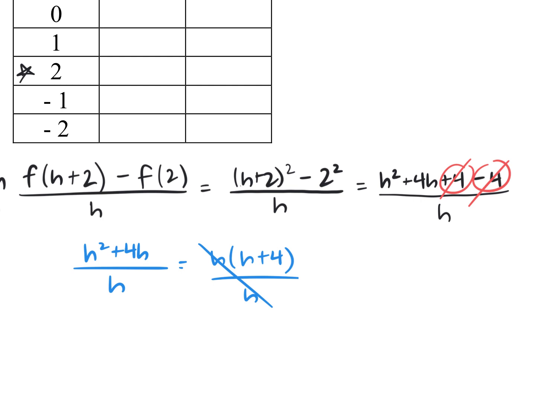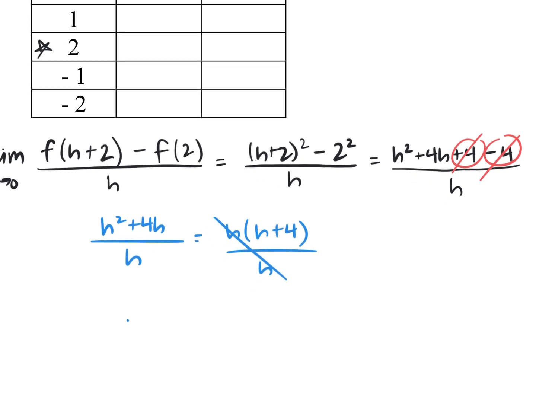So now we're going to bring that limit statement back in, and I have the limit as h approaches 0 of h plus 4 is equal to 4. Right? If I plug in 0, 0 plus 4 is 4, okay? So what this means is at the point 2, I have a slope on my tangent of 4,